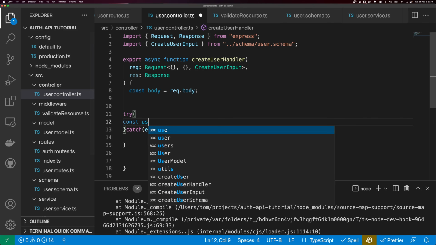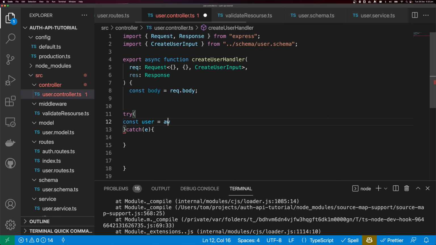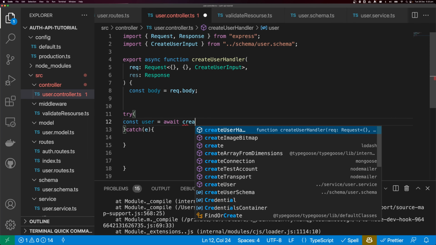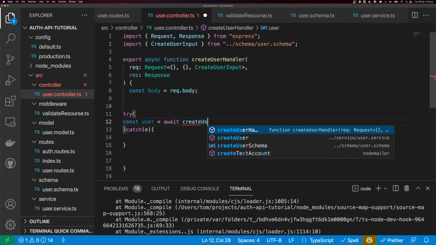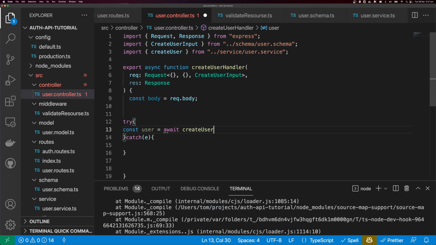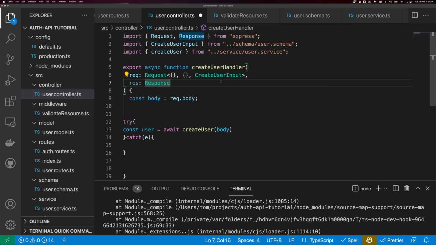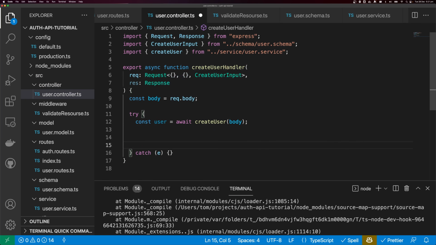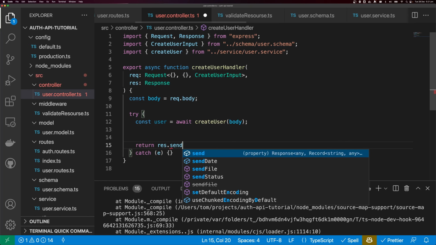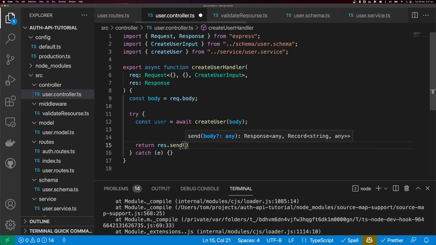Then we'll say const user is equal to await createUser. And then we want to pass in our body. So if we manage to create our user successfully, I want to return res.send, and then the status of send is just going to default to 200. And I'm going to say user